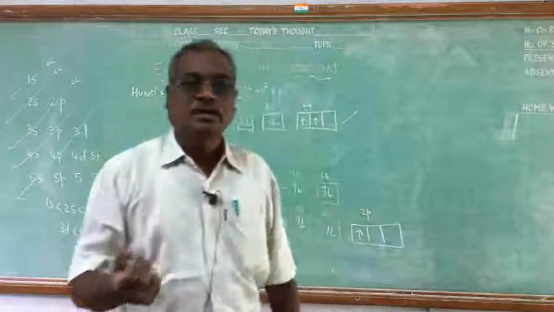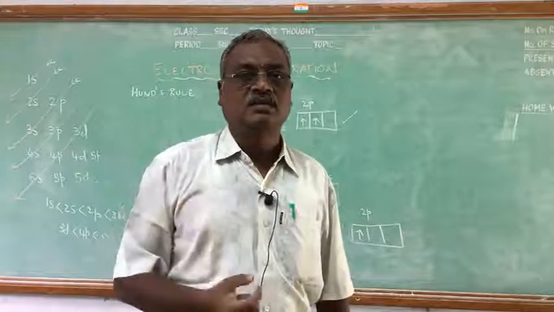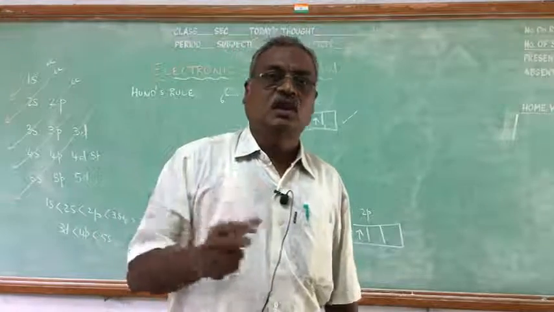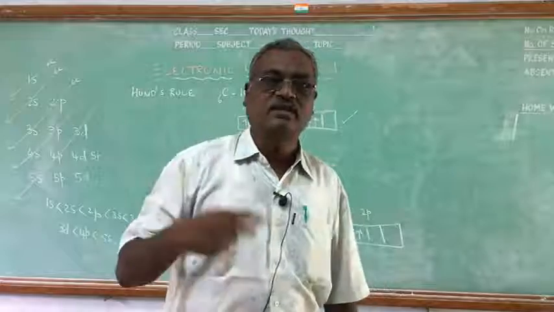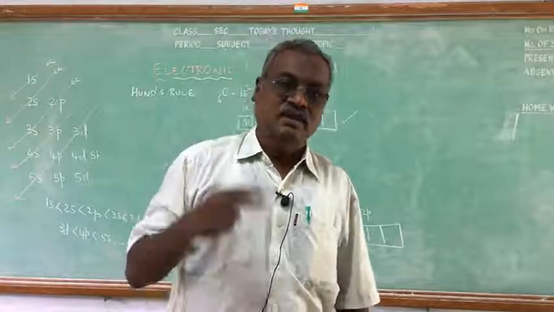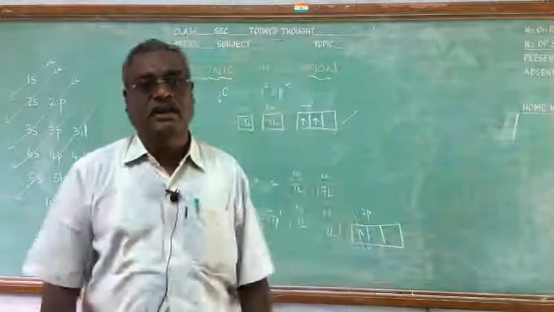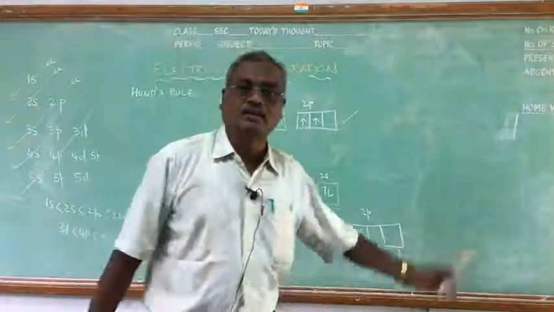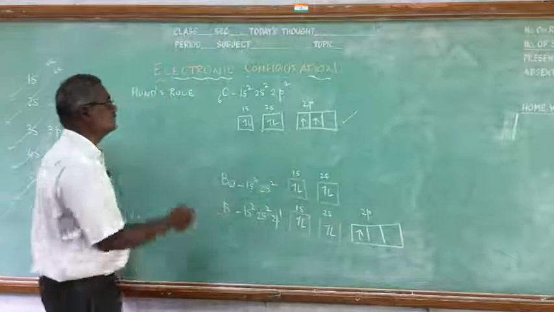So, in a family, there are 3 children. The father is bringing 3 cakes. How will he do it? Will he give each child 1 cake, or give one child 3 cakes? Each child he will give 1 cake, because all are equivalent for him. Similarly, all orbitals are equivalent orbitals. So, this is Hund's rule.